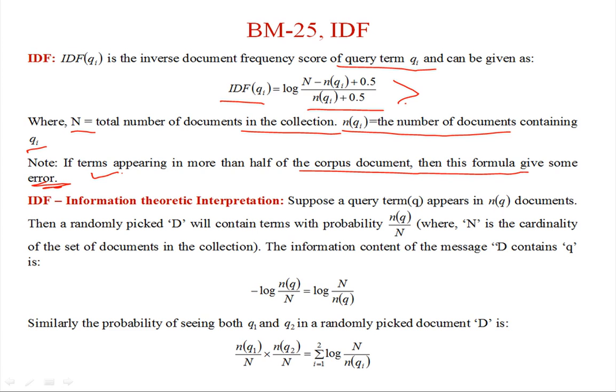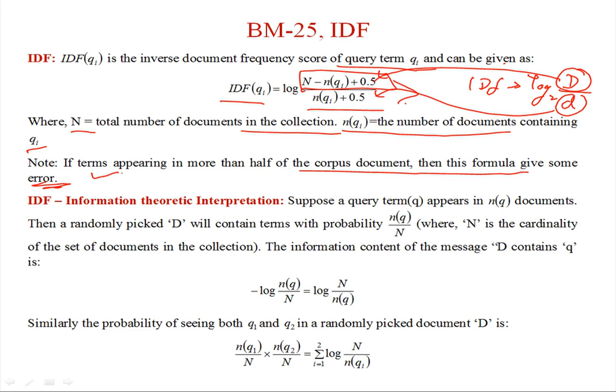This is different from traditional TF-IDF, in which the IDF contains log base 2 of the total number of documents divided by the number of documents which contain that term. It is extended like this. In place of taking just the count of documents, it uses the count of documents plus 0.5.